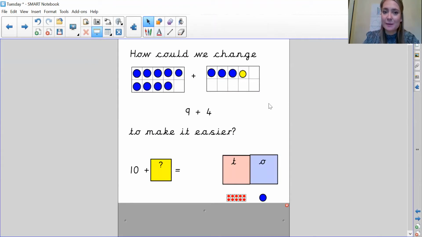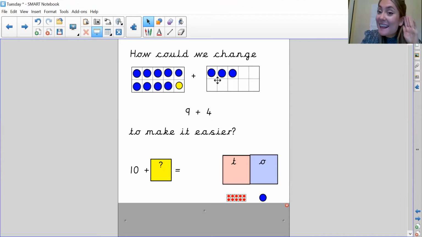Okay, let's have a look. Now I have got 9 and 4. How can I change that to make it easier? Can you tell me? That's right, I can make a 10. Super, so I'm going to take this one and I'm going to put it over here. So 9 add 4 is also the same as 10 and